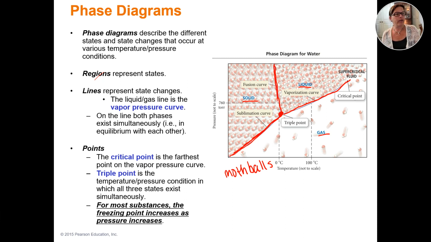Here we have our fusion curve. Our fusion curve is showing where a solid melts into a liquid. So going from left to right, our solid is going to melt directly into a liquid. Here we have our vaporization curve, and that's when our liquid will go right into the gaseous phase. And you can see that it goes up and up and up because that means a couple of things. Either the temperature is increasing or the pressure is increasing,